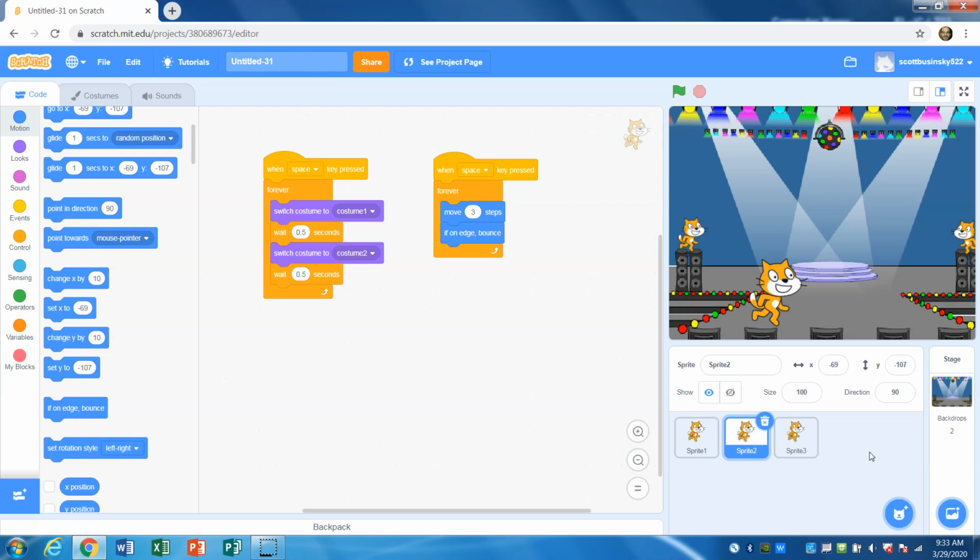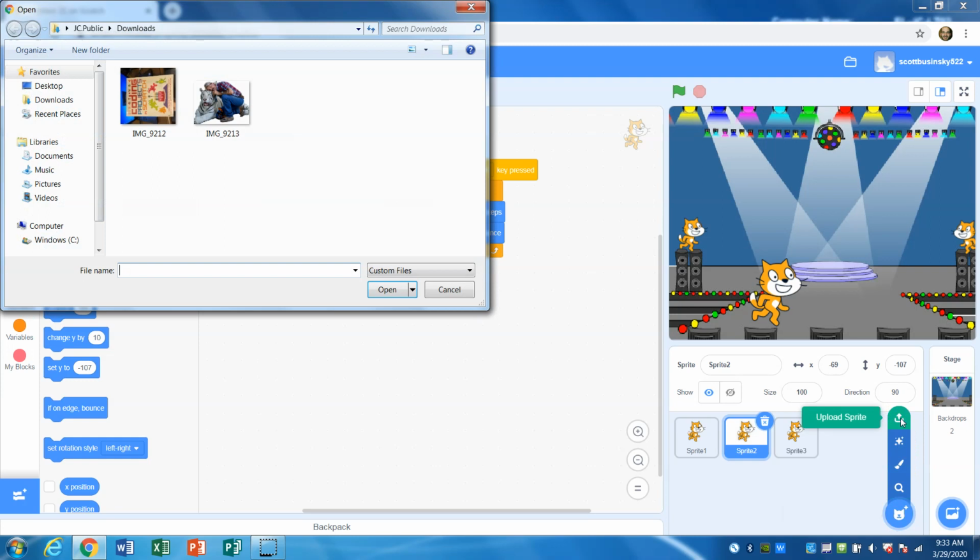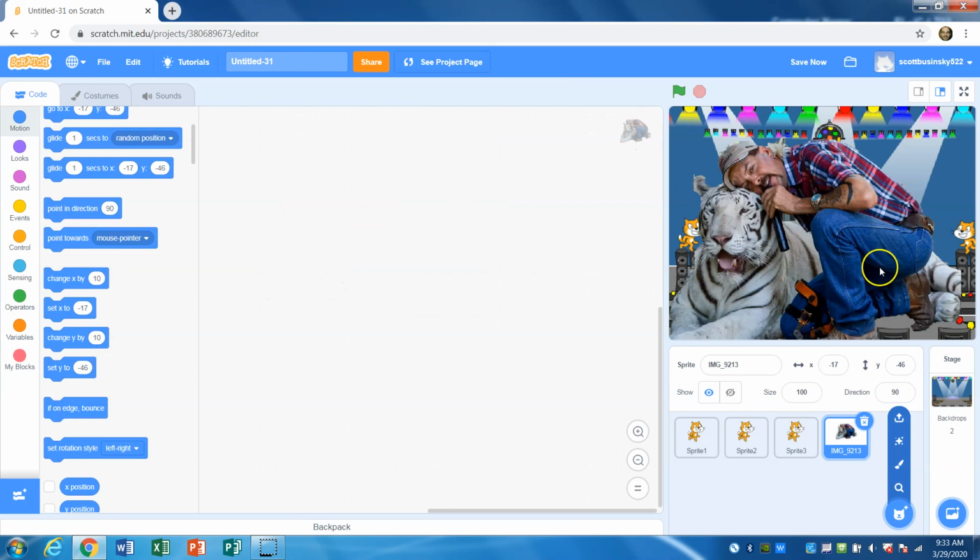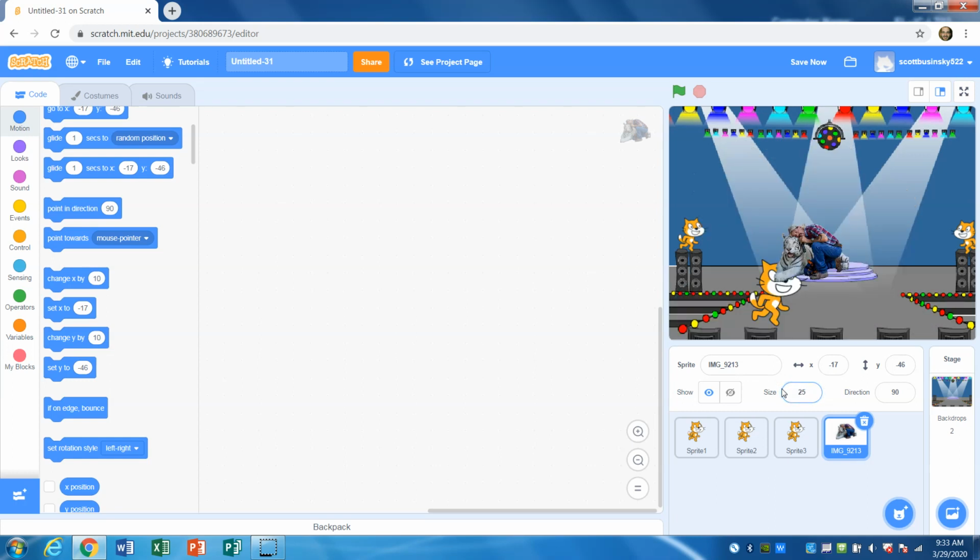Again, this is an extra step, not necessary, but it's kind of fun. So I'm going to go down here to this bottom and go all the way up to Upload Sprite. And I have a picture right here of Joe and a tiger. So it's quite a large photo, so we're going to have to adjust the size here. In the program that I made earlier, let me double check the size that I made. Yeah, so I'm going to adjust this to 25. And just like that. Let me move this guy over just a little bit so we can see what we're working